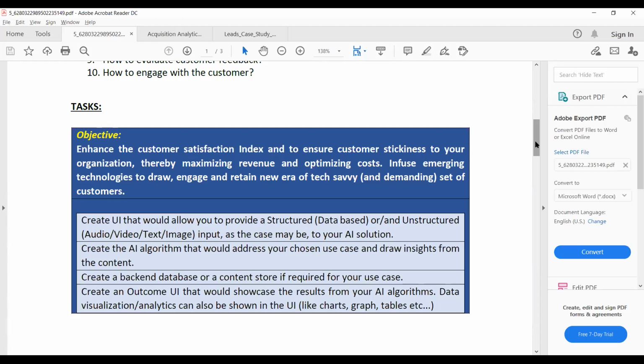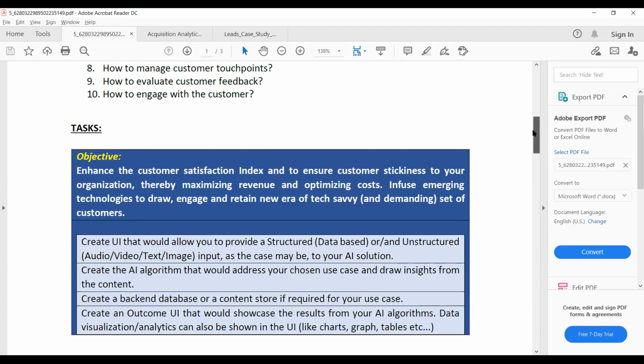Okay, so when I talk about this case study, that means you are getting a subscription from various places. So maybe three different case studies, which I have already told you, I'm going to cover here.